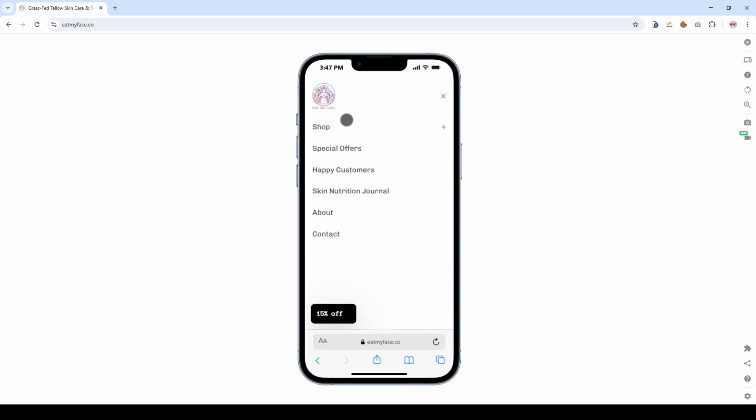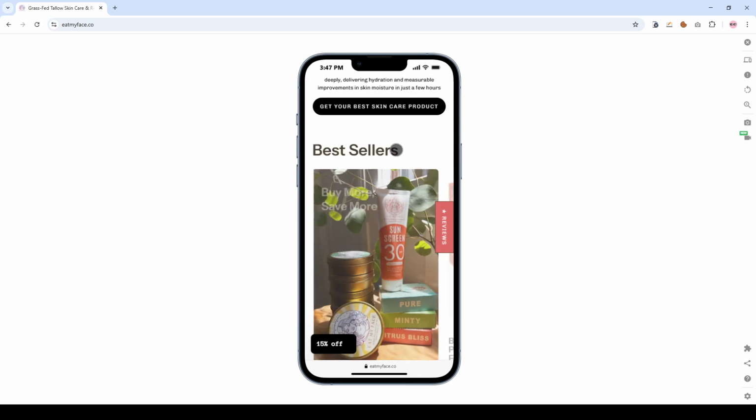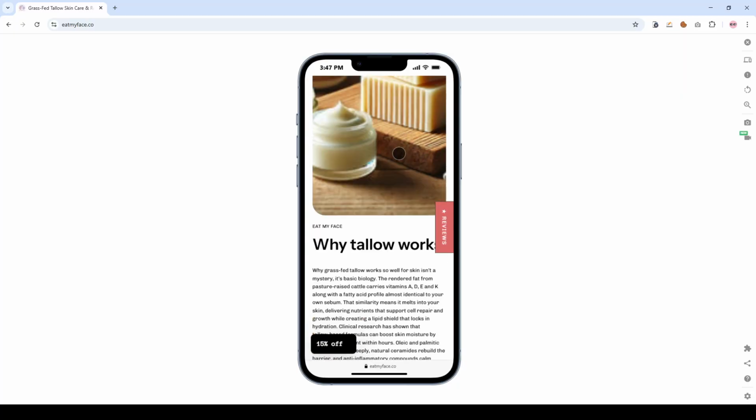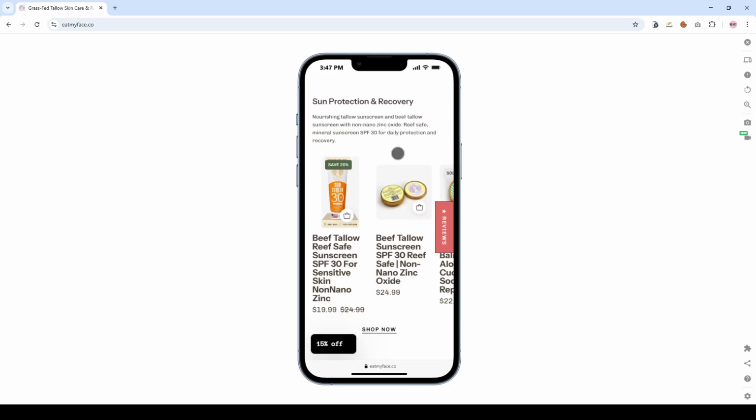We will have a look here at the mobile navigation, shop, special offers, happy customers, and so on. That looks fine. We have this top announcement bar, which is a slider, which makes sense because the message is fairly long. That is okay. We'll scroll down here, and all of this pretty much resizes correctly. There's nothing wrong here except for the